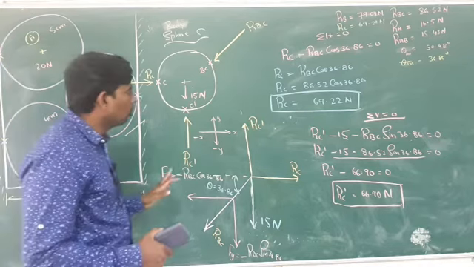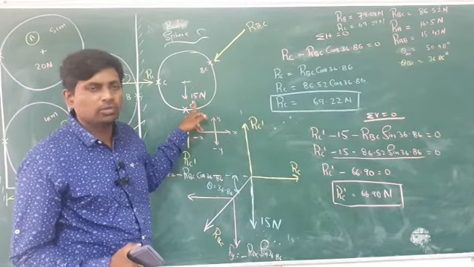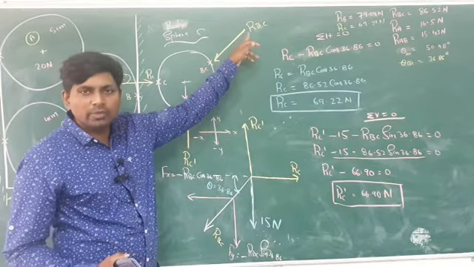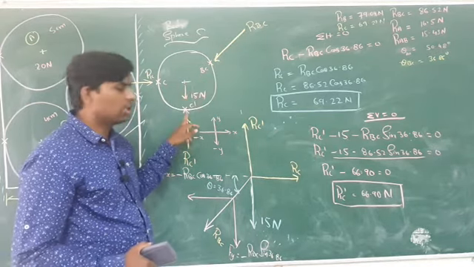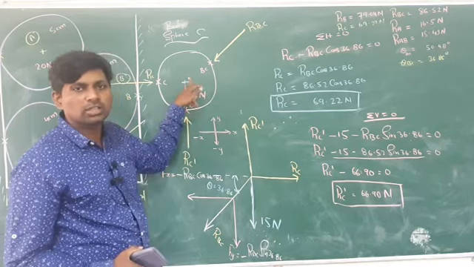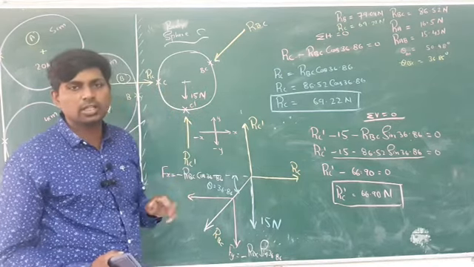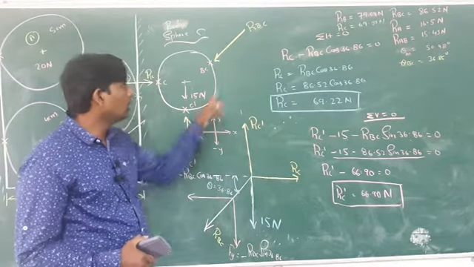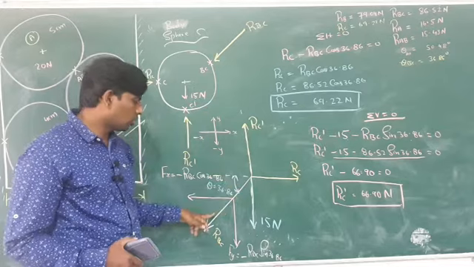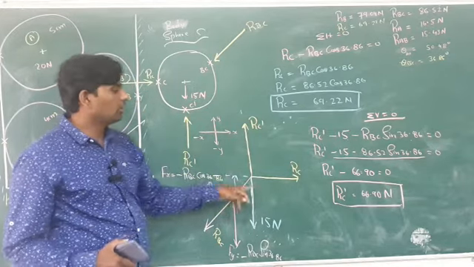After that, what you have to do: after you projected the self weight, how much is it? 15 Newton. Then draw a vector. After touching this point it will touch the center. So I will draw the vector diagram. Self weight is vertically downward, then RBC, on which quadrant? Third quadrant. Then RC dash on the x axis, then RC on this axis.